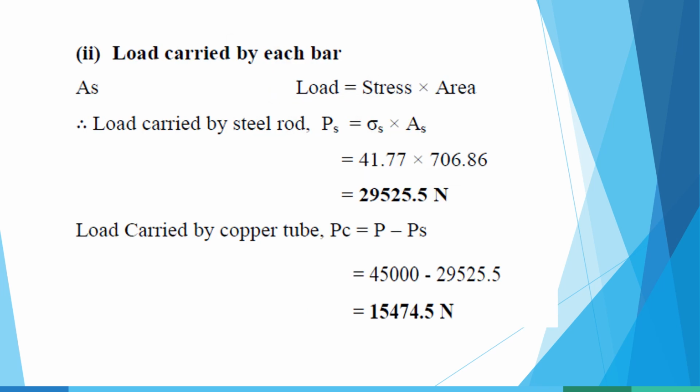Load carried by each bar. Load is equal to stress into area. Load carried by steel rod PS is equal to sigma S into AS. Substituting the values, sigma S is equal to 41.77 and AS is equal to 706.86. Therefore, PS is 29,525.5 Newton. Then load carried by copper tube PC is equal to P minus PS. Total load P is equal to 45,000. Load for steel is equal to 29,525.5. Therefore, we got the copper value as